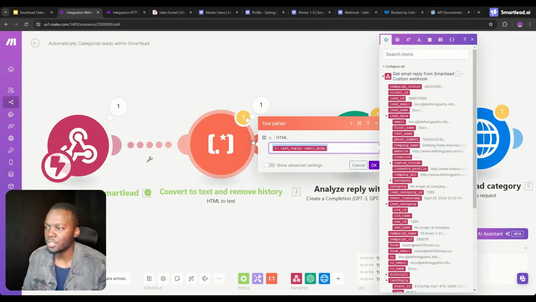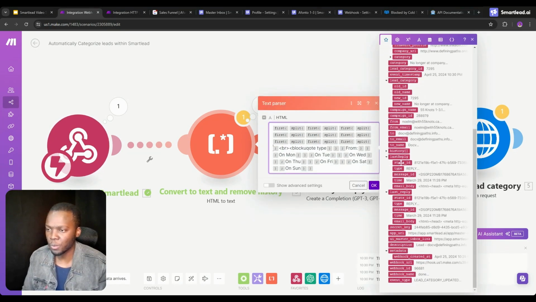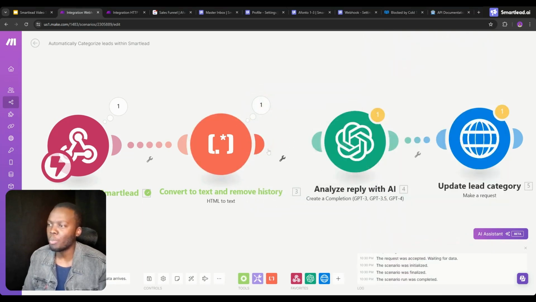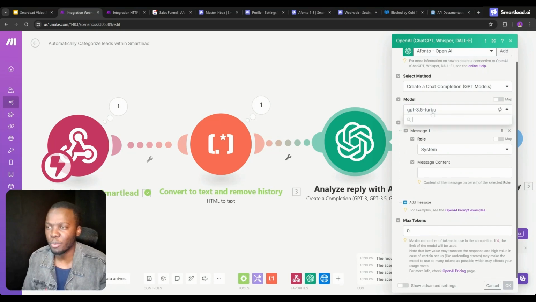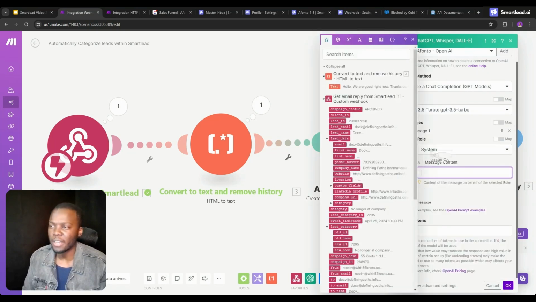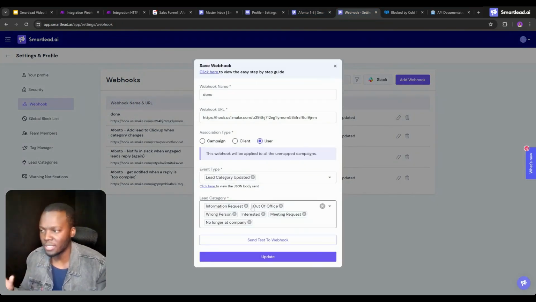Now what we're going to need to do is use ChatGPT to analyze the content of that and then output an ID. And so when we go into ChatGPT, you can use 3.5, you can use any models that you want. It's really up to you. But the way that you're going to type this out is going to depend on the route that you've taken. And so if you've decided that you want to go with the lead category route, you just want to say